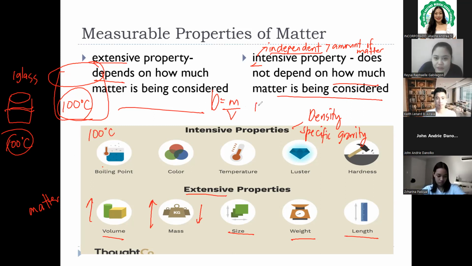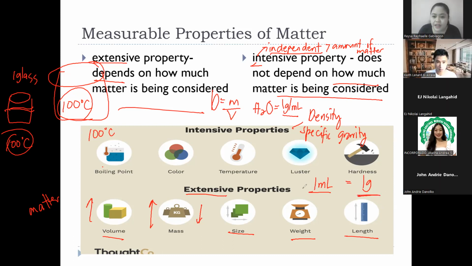Ganito, ha? Water class, our density is just 1 gram per ml. Ang ibig sabihin ng density, ang isang ml daw na tubig, pag i-weigh mo yan, 1 gram siya. That's the meaning of density. Again, so if ang water, ang kanyang density is 1 gram per ml, ang isang ml, mag-weigh yan siya ng 1 gram. Or if meron kang 1 gram na tubig, ang volume niya ay 1 ml. That's the meaning again of